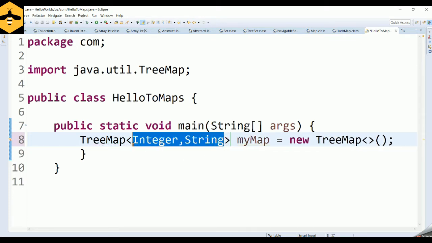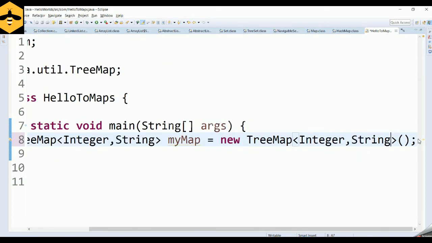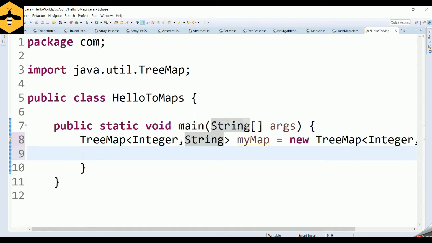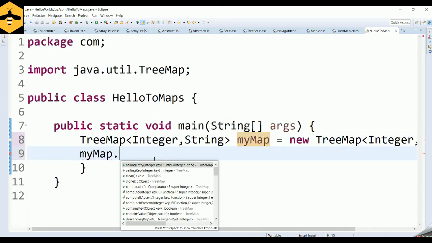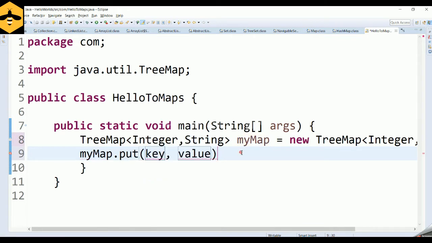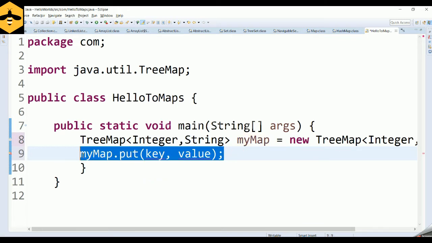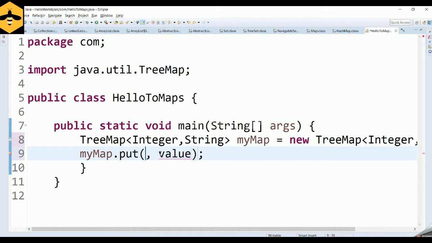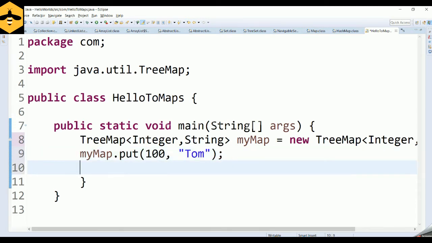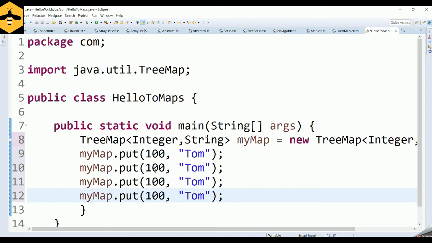As we have discussed earlier about the map implementations, it is going to hold the values in terms of key value pairs. And in this map, I'm going to hold the employee IDs and the employee names. Let the employee ID be 100 for one of the employees and let his name be Tom, and I'm going to add a few other employees, some 4 employees.